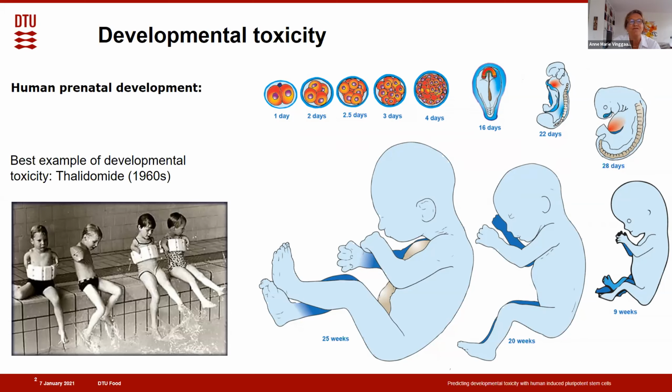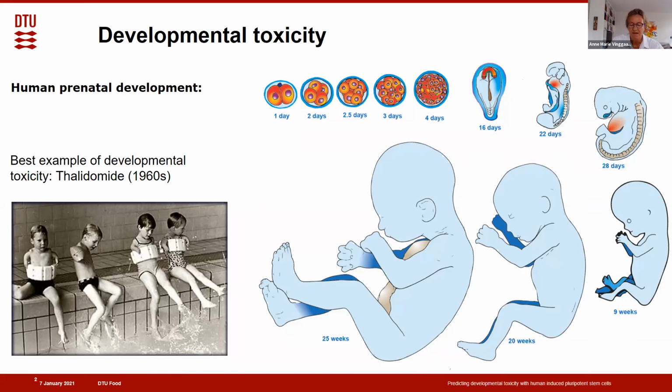Developmental toxicity is defined as adverse effects of chemicals or drugs that are induced during pregnancy or as a result of parental exposure. One of the best examples we've got is the drug thalidomide, which was prescribed for nausea, among other things, in pregnant women in the 1960s, and caused a disaster as around 10,000 children were affected, and half of them died and half were born with lacking limbs or other